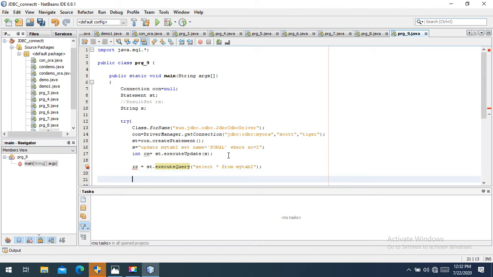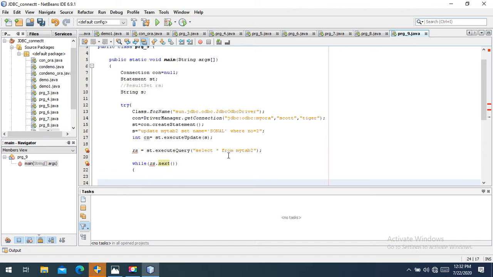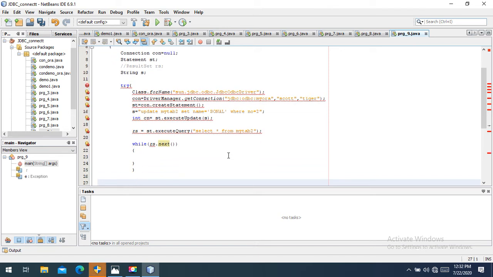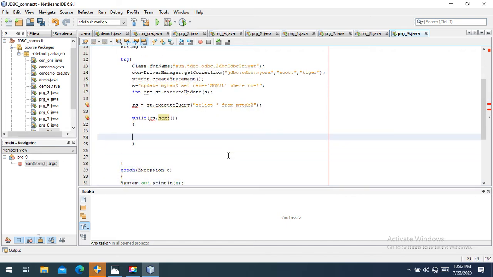Now, while loop: we will iterate the result set using the next method, rs.next. Loop begin and end of loop. Might be one bracket is more. Yes. While loop begin, inside it I will write